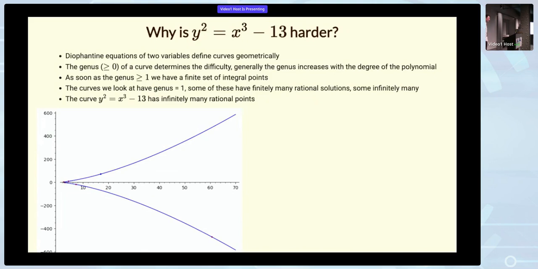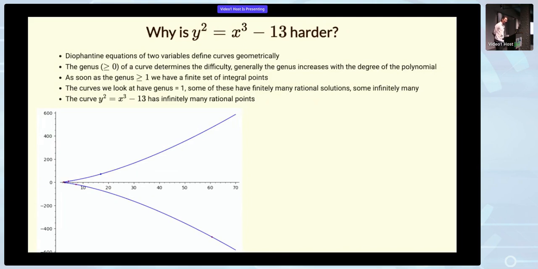You've got 2 variables, so when you plot the points where this thing is satisfied, you get a curve in the plane. And as the degree of the curve increases, another related number called the genus increases. Some of the previous examples were things of genus 0, and some of them were things of genus 1. And generally, the bigger the genus, or the bigger the degree, the more complicated things